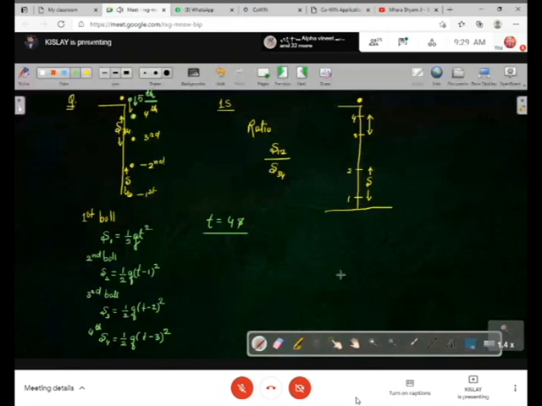तो फर्स्ट बॉल को 0 टाइम पे ड्रॉप किया गया, सेकेंड बॉल को 1 सेकेंड लेटर ड्रॉप किया गया, थर्ड बॉल को 2 सेकेंड लेटर ड्रॉप किया गया, फोर्थ बॉल को 3 सेकेंड लेटर ड्रॉप किया गया, फिफ्थ बॉल को 4 सेकेंड पे ड्रॉप किया गया. तो टाइम स्पेंट इज 4 seconds. Now what to do? You have to find the separation between first and second and third and fourth.